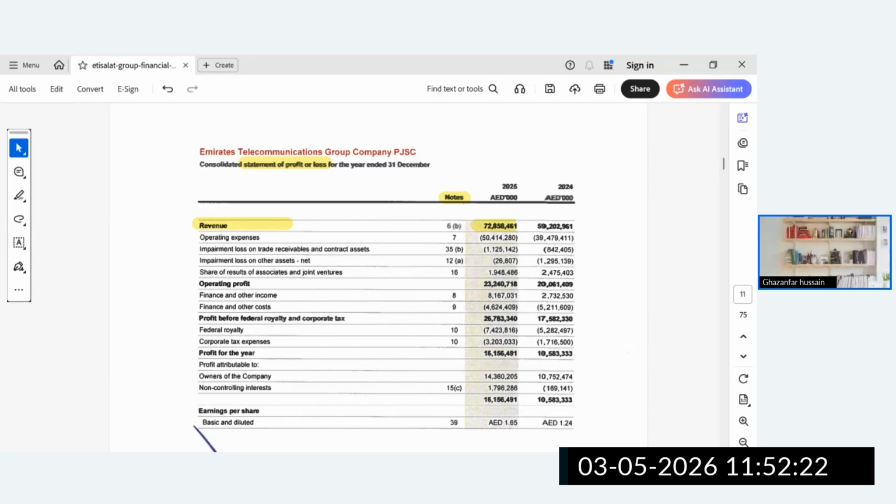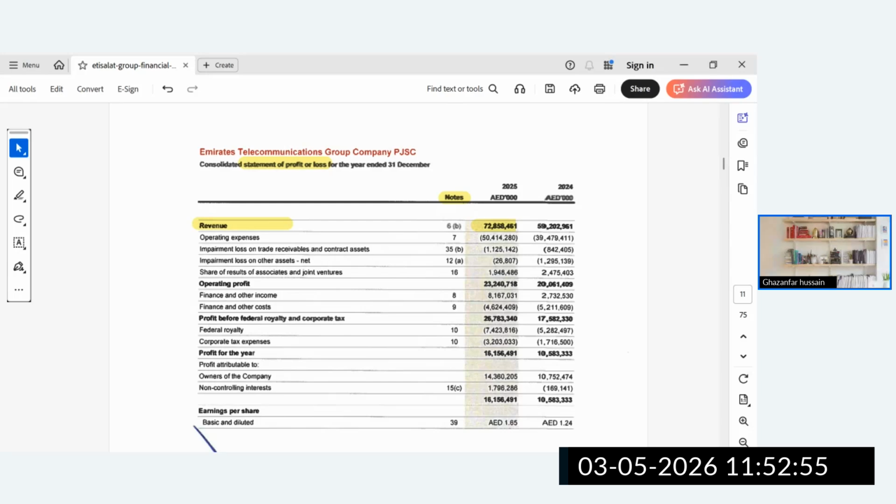Yes, this is one of the points: maybe our GP will match and maybe not match. Why? Because of how the FTA says to put the information in their own format. At the end, your profit figure before tax will match, but the figures here may change. Why? Because somebody shows it under operating expenses, overhead shown down, and somebody shows it up.